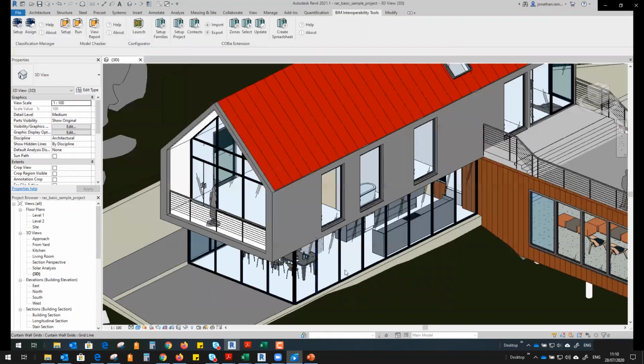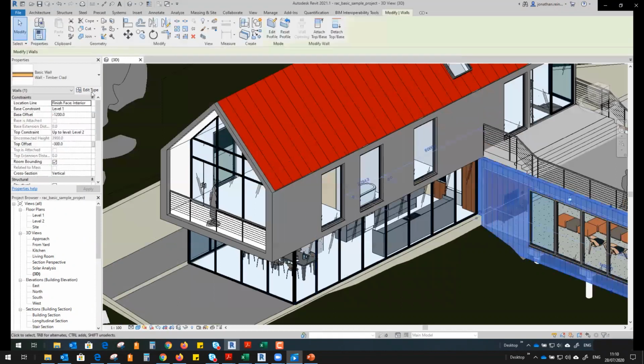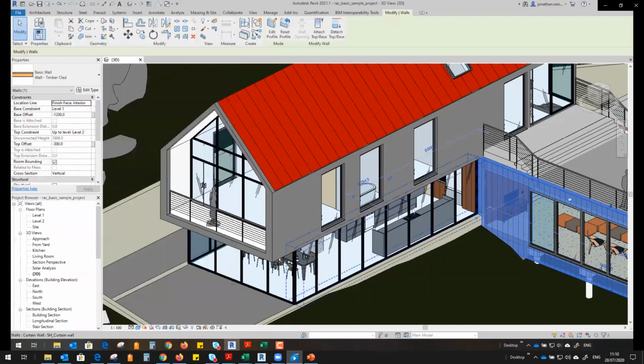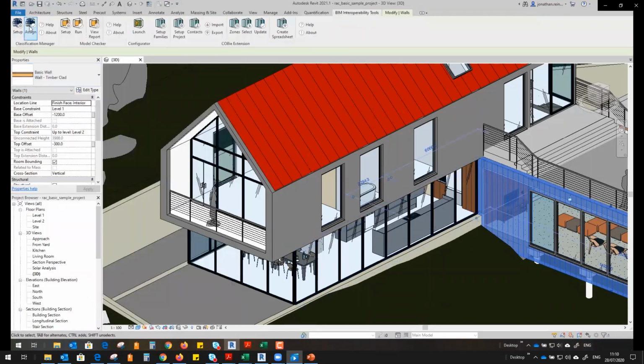So if I click on this wall, for example, and go to edit type, we can see the Uniclass codes down here are completely empty. Therefore, this wall has not been classified in line with the Uniclass classification system. But the parameters are there under type. Now, if I want to assign the parameter to this, I simply click that wall, go to BIM Interoperability Tools, and go to Assign,